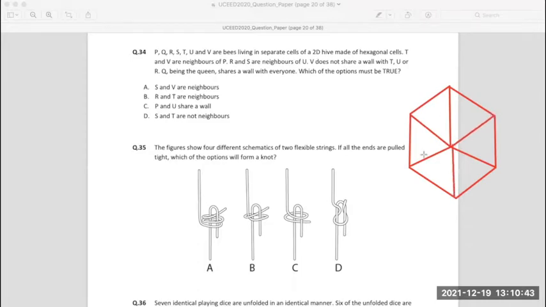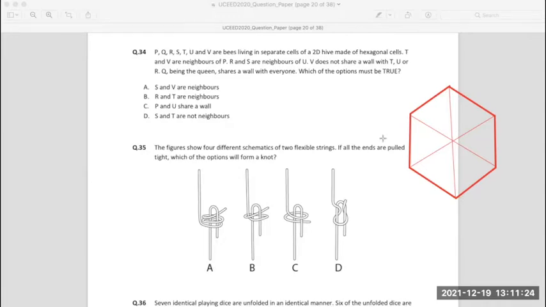Sorry for the wrong geometry. We do something like this. I'll remove these internal lines, as they will create a lot of distraction. Let me draw them with a thinner line so it's distinguishable. Okay, so there are 6 people who live around here, and then there is one person who lives in the center, and there might be other hexagonal combinations happening around.